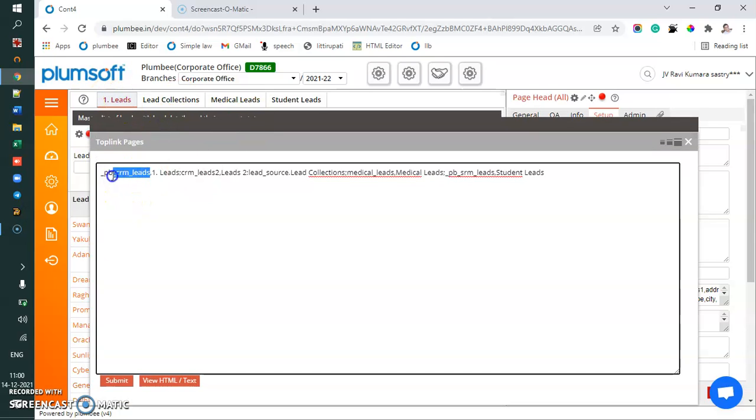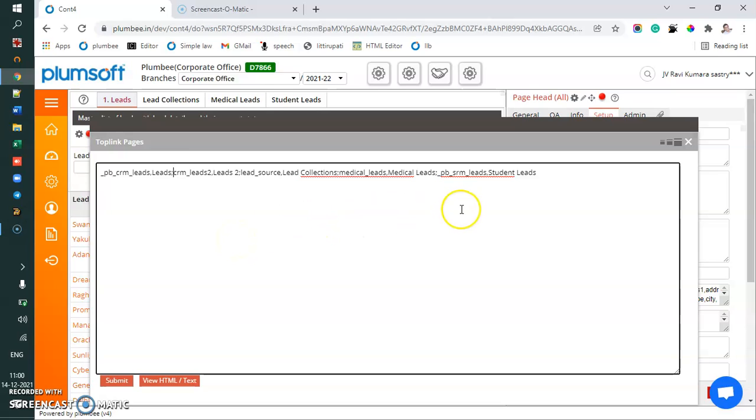This is the PG ID and this is the caption. So I wanted to remove this. Maybe I just removed it. And also medical leads, I'm trying to move it, and you will see this is the caption, comma, the PGID, comma, caption, and then there is a semicolon.